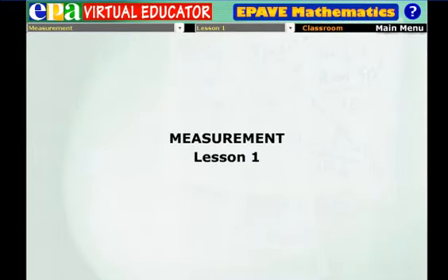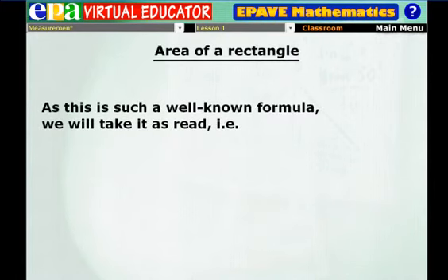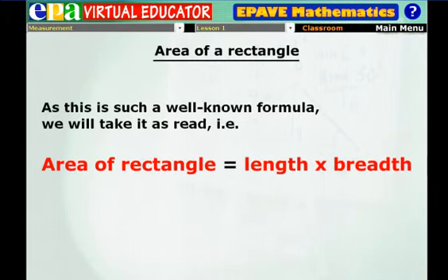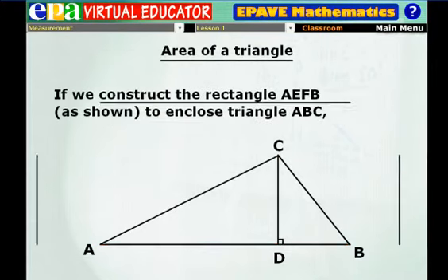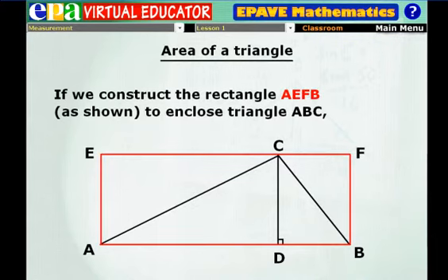Lesson 1. The formula for the area of a rectangle is a well-known formula. It reads, area of rectangle equals length times breadth. The problem is to find the area of triangle ABC given the length of its base AB and the corresponding height CD. If we construct the rectangle AEFB as shown to enclose triangle ABC, it is not difficult to see